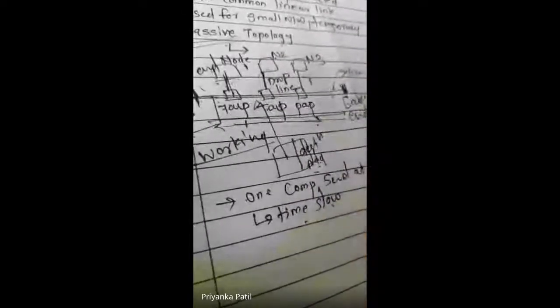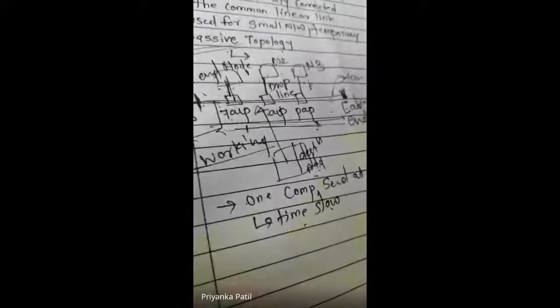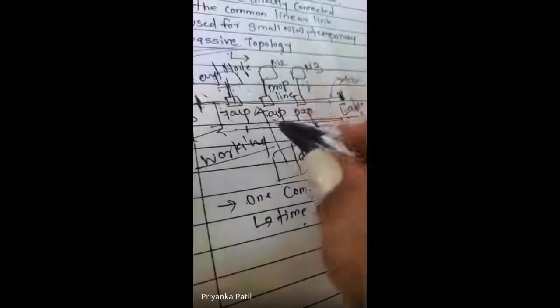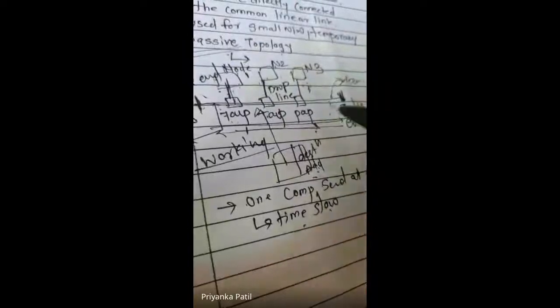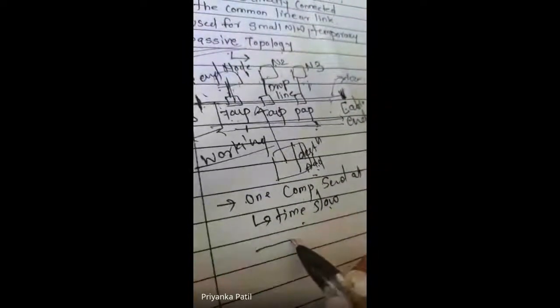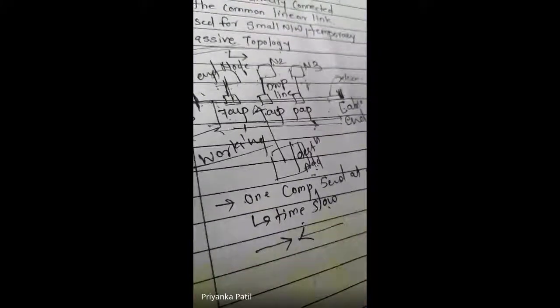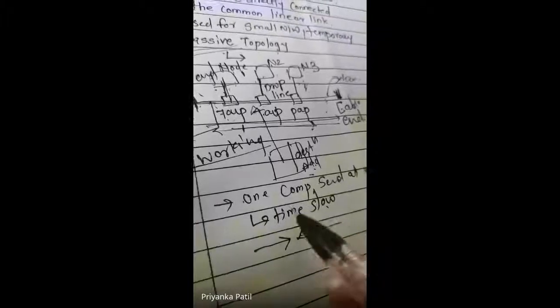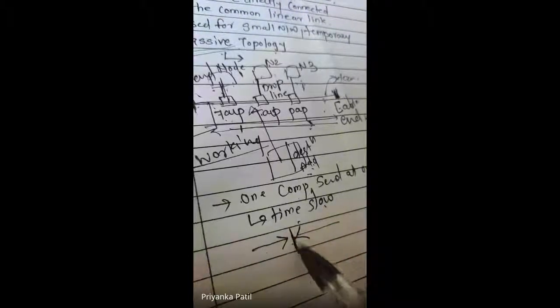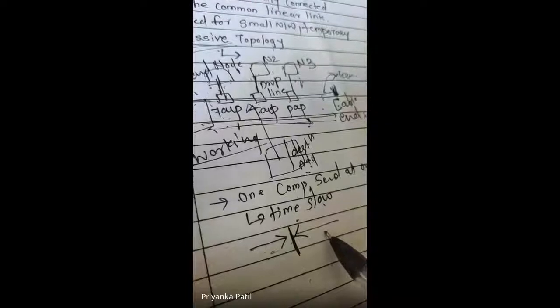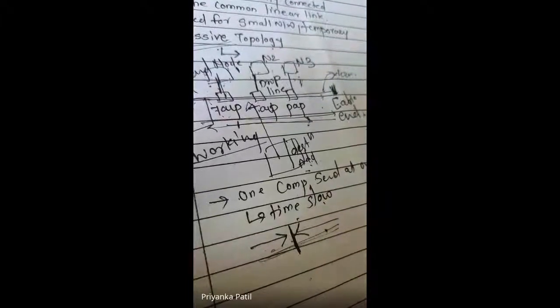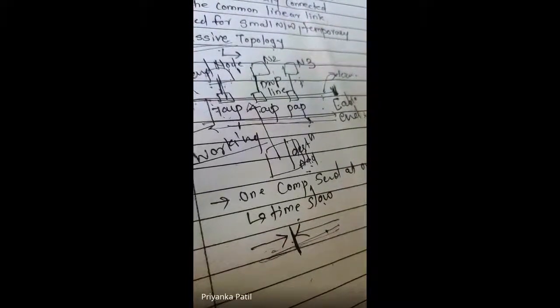Means if node number 1 and 2 send contents at the same time throughout the network, at that time a collision of the contents may occur. Collision means, at the same time I send contents from here and the next node sends data from here. That means the collision occurs between both the computers on the networking cable or the bus.